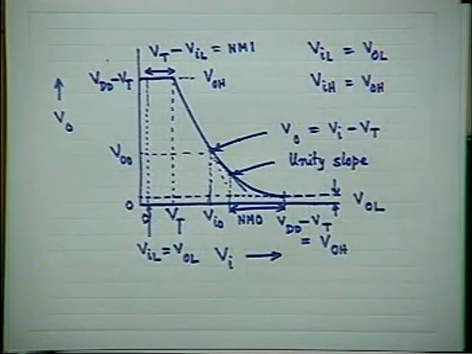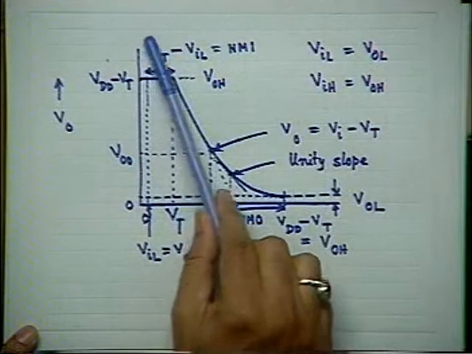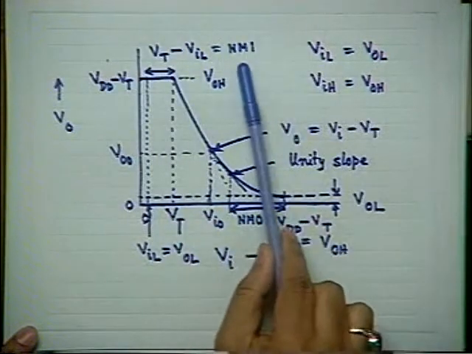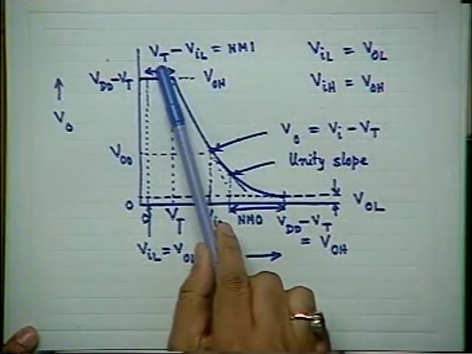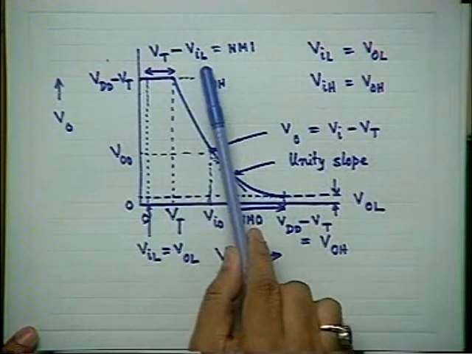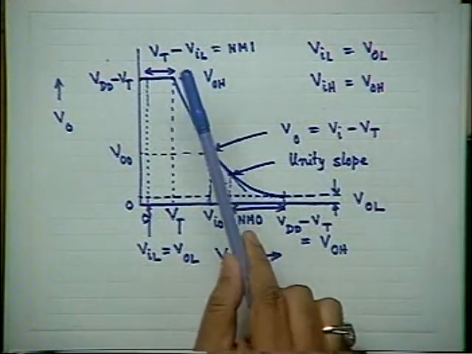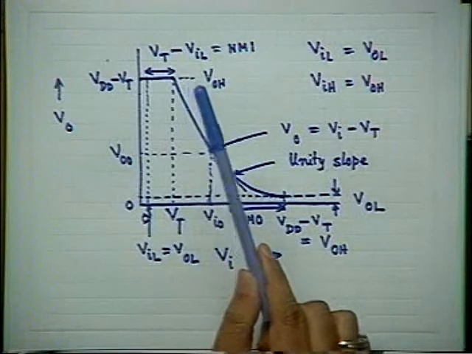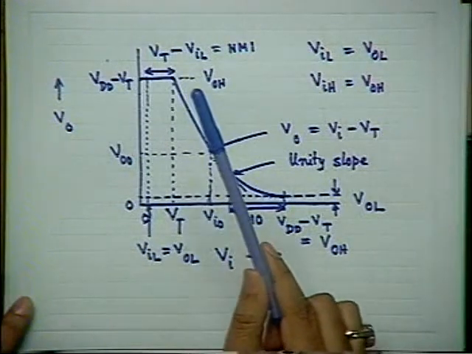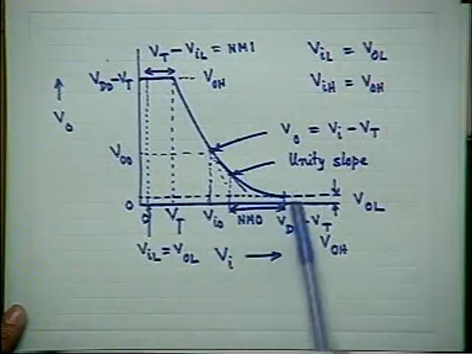That means I have to have a very high beta R. So to optimize the value of NM1, I have to choose Vt appropriately, as well as the value of beta R. That means I have to maximize beta R as far as practicable. On the other hand, to obtain a high NM0,